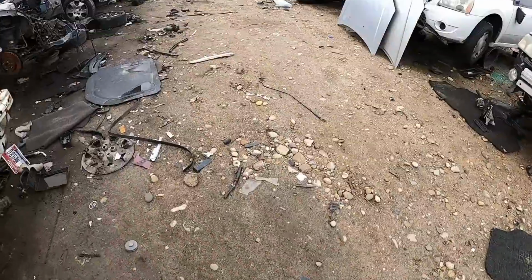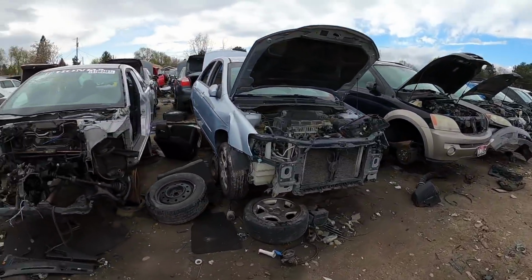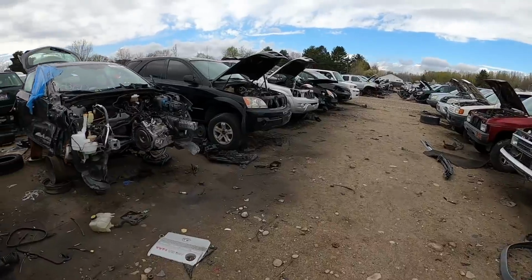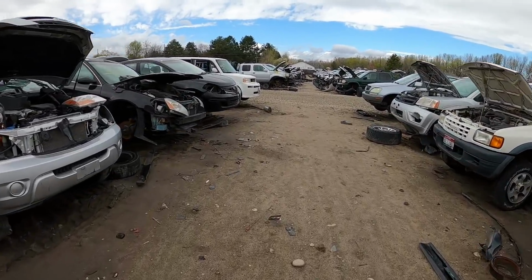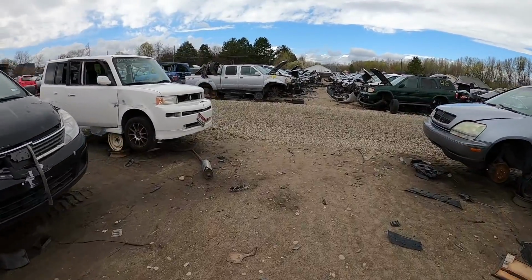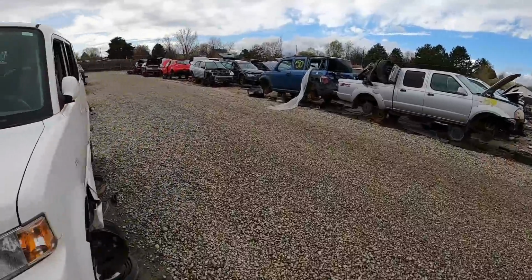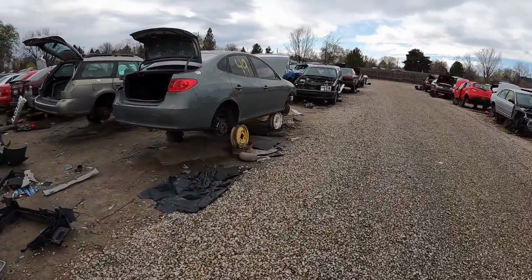All right, and we're off again. Nice, man. First stop of the day. I picked something up, something small, but I still picked something up. Now, what I like about this location is typically, like the CRVs, for example, they're overlooked here. And so if you're ever wanting to find a 5-speed cluster swap, this is typically a pretty good location. Well, maybe not anymore now that I've told everybody. But